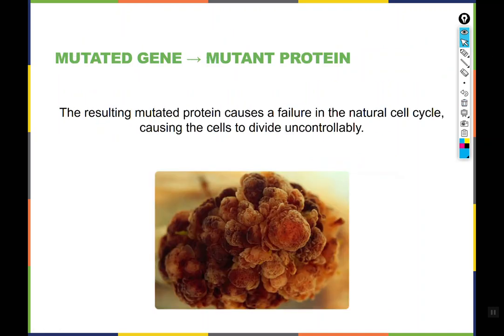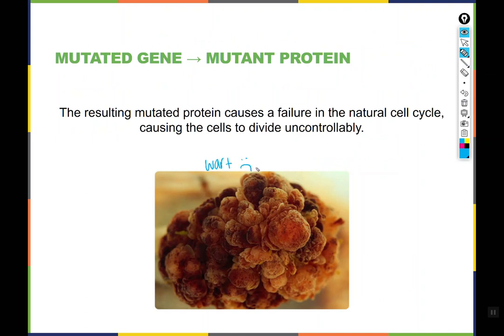So we talked a little bit in the last PowerPoint about viral oncogenes and the fact that viruses can turn off parts of the tumor suppression system in order for them to cause the cell to make more cells for the virus to divide in. And this is an example of this. So this right here is a